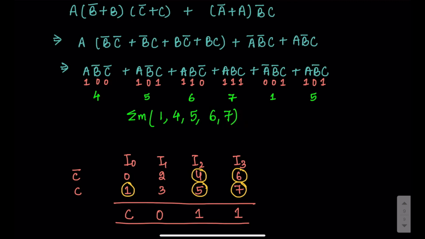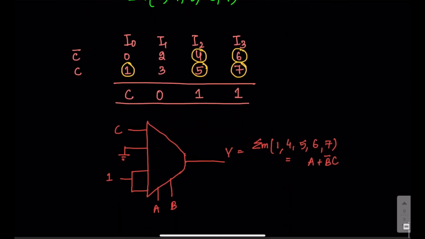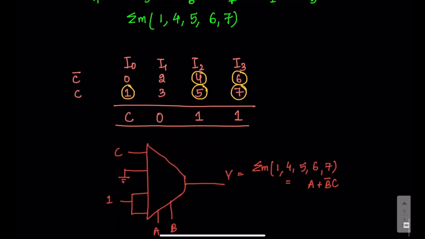Now we implement it using the multiplexer. Let us say we choose the 4 cross 1 mux and we need C as the input and A and B as the select lines. So we have the numberings as 0, 1, 2, 3, 4, 5, 6 and 7. This numbering will change if you change the input, so make sure that you follow the procedure. Now we just need to circle the numbers that are there in the SOP. So we have 1, 4, 5, 6 and 7. Now in this column, because only this 1 is circled, we have the answer as C. None is circled, so 0. Both are circled and hence we have 1.